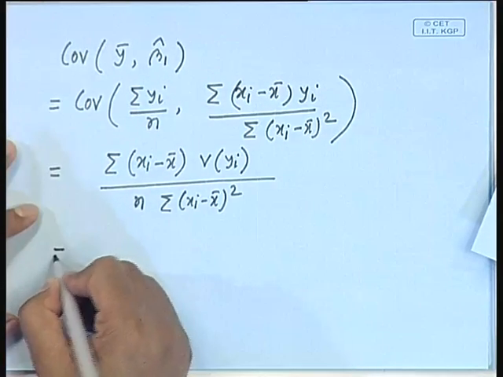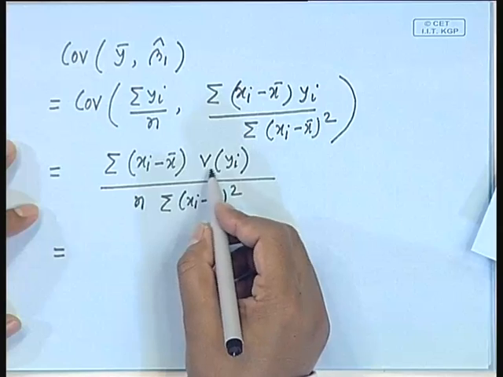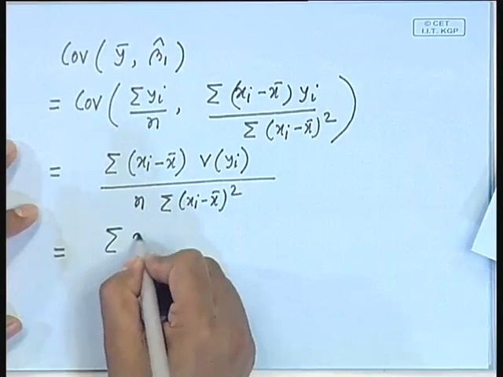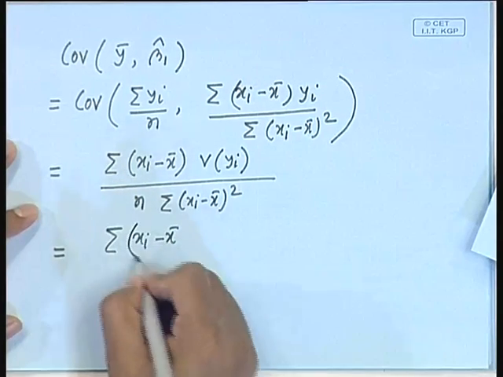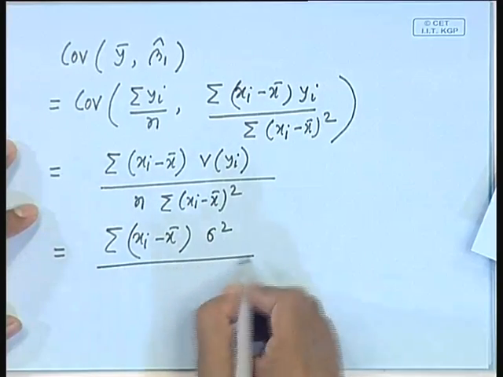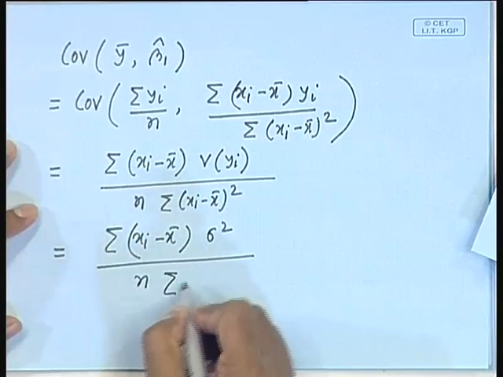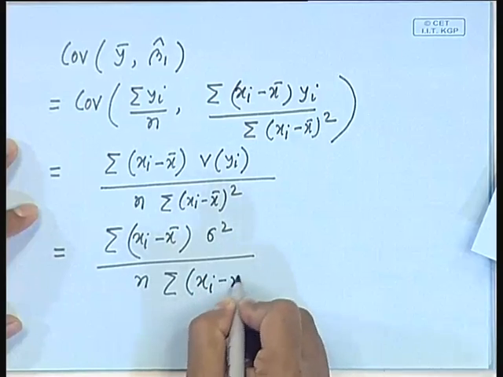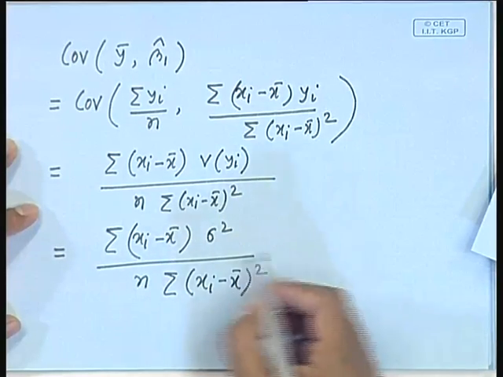So, this is equal to summation xi minus x bar, variance of yi is equal to sigma square by n into summation xi minus x bar whole square, and this quantity,